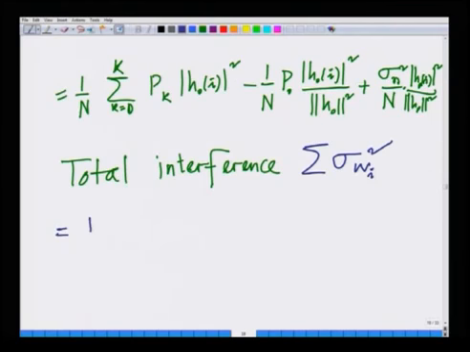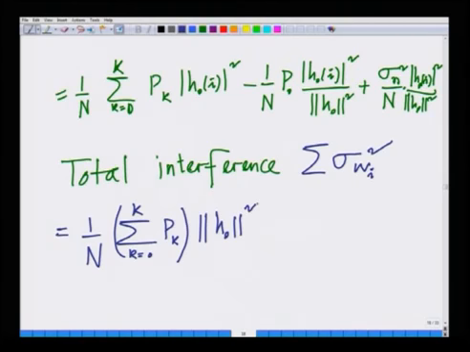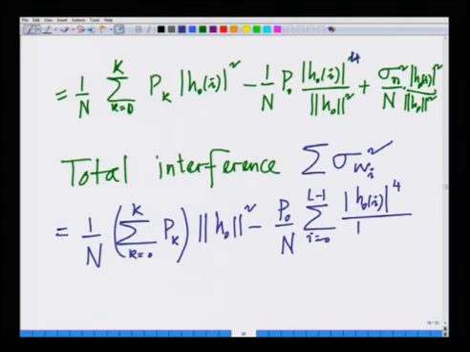So, that gives me 1 over n summation k equals 0 to capital K P_k times summation over all paths, magnitude h_0 square, minus P_0 over n times summation i equals 0 to L minus 1 of magnitude h_0i to the power 4 (it should be a power of 4 over here), divided by magnitude h_0 square,